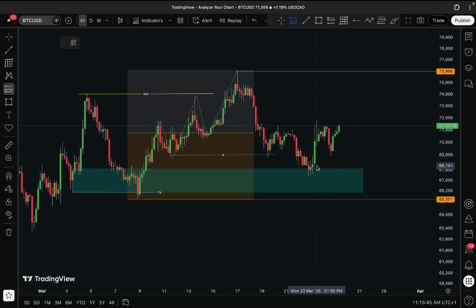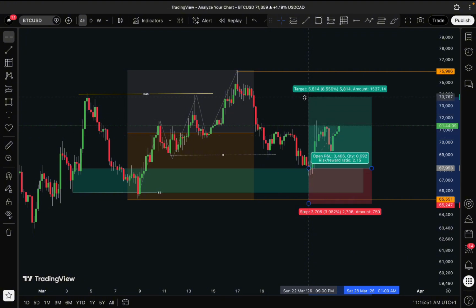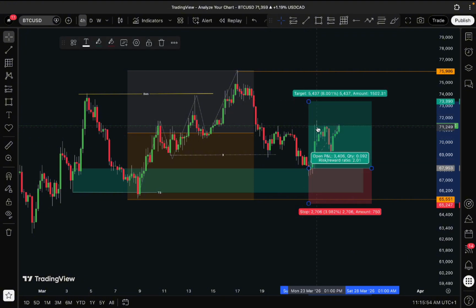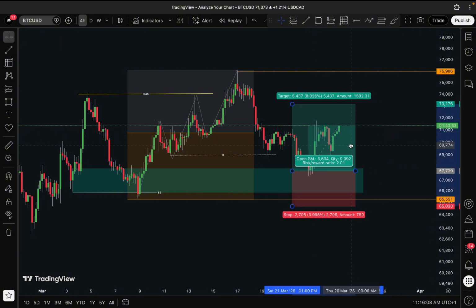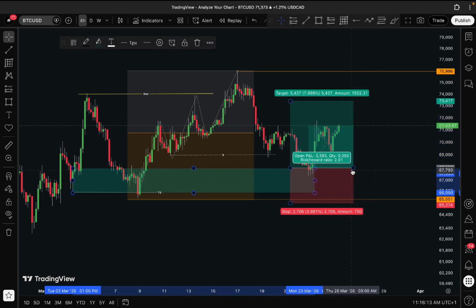So I took this trade initially. I was aiming for a 1 to 2 risk to reward, and then I closed somewhere around here. I don't know why I closed. I just closed it, but price is still moving. Then I took another buy opportunity